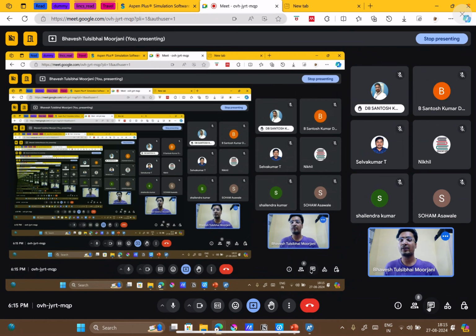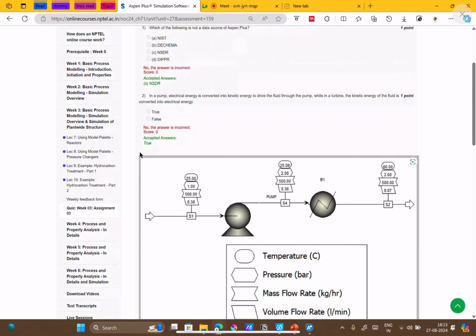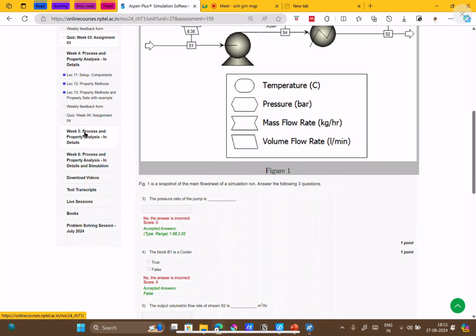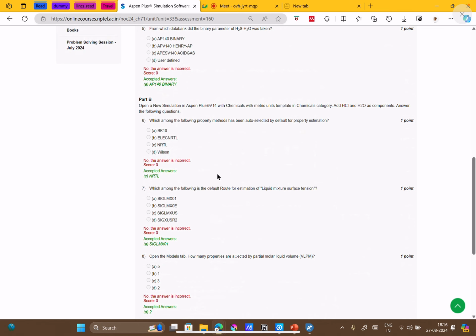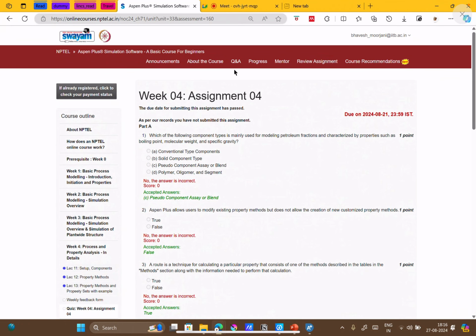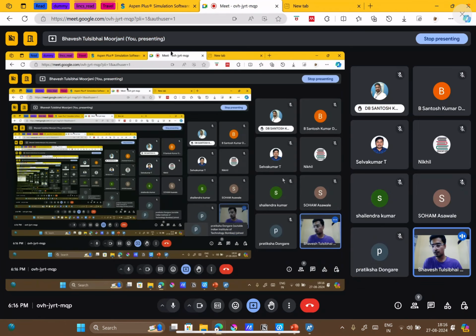Okay. Now, before beginning, again, there were many students raising the issue of assignment 4 also, that the Gibbs energy curve that was being generated. People had answered it as U shape, and the correct answer is given as V shape. But I have talked with sir, and he has said that the U shape answer will also be given as a right answer. So people will be given marks for that also. Okay, so you don't have to worry about it. I will post that on the Q&A forum. I forgot about it.